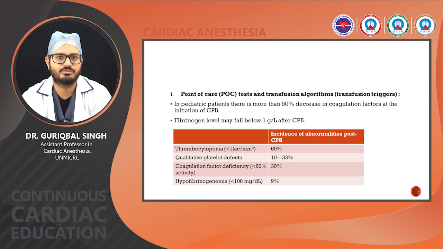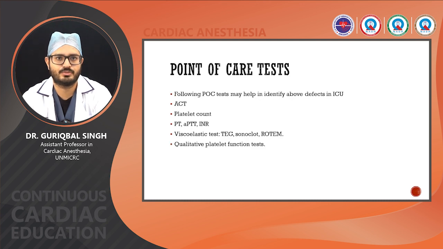Thrombocytopenia occurs in 60% of the cases post CPB, while qualitative platelet defects occur in 10 to 33%, while coagulation factor deficiency occurs in 30% of cases and hypofibrinogenemia in 9%. So these are point of care tests. We can even use in the ICU: ACT, platelet count, PT, APTT, INR,